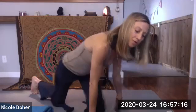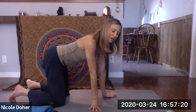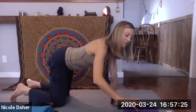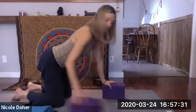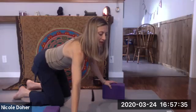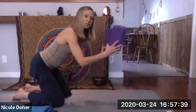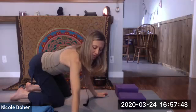Good, so we're not holding that one very long because we're going to come into the pose that we are going to hold. So that was a transition. The next pose, you'll come up onto hands and knees, is called Anahata Asana. There's many ways that people do this posture, and I'm going to show a way that might be a little bit different. If you have blocks,